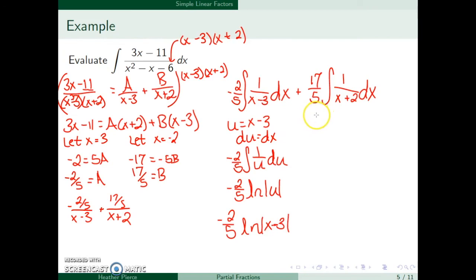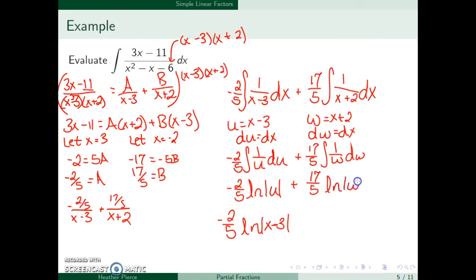We're going to want to do something similar on the right-hand side. Since this is a different substitution, I'll use a different letter. We'll say w is x plus 2. Then dw is dx. So I have 17/5 times the integral of 1 over w dw. So that gives me 17/5 ln of w. And then substituting back, I get 17/5 ln of x plus 2 plus